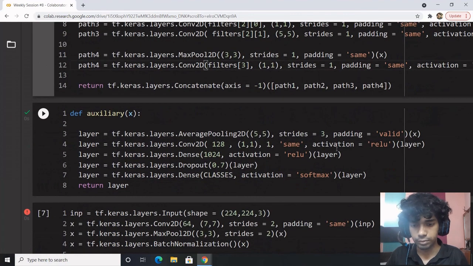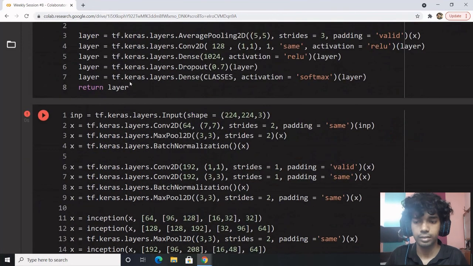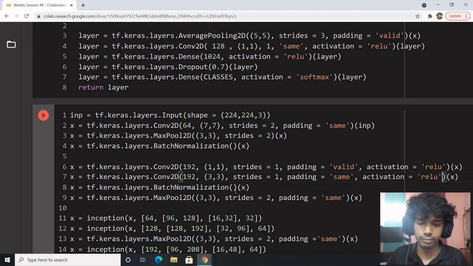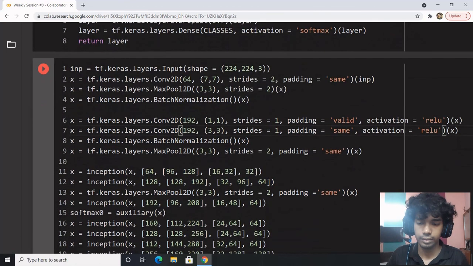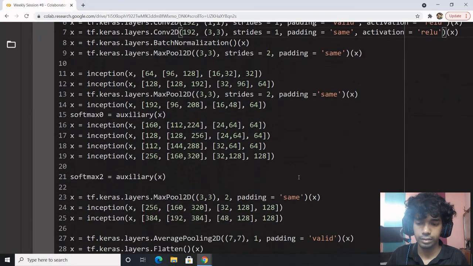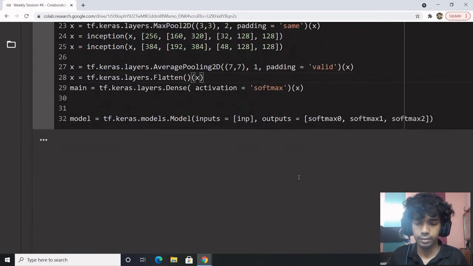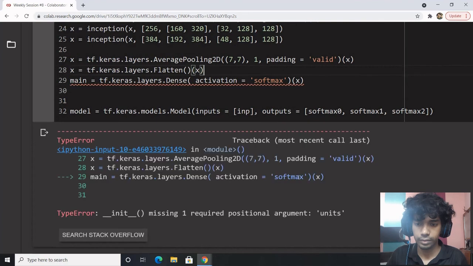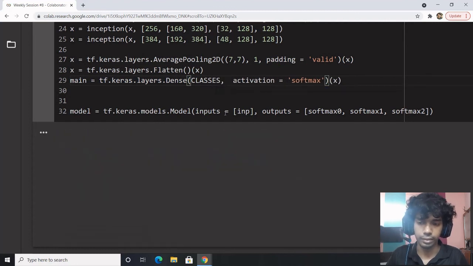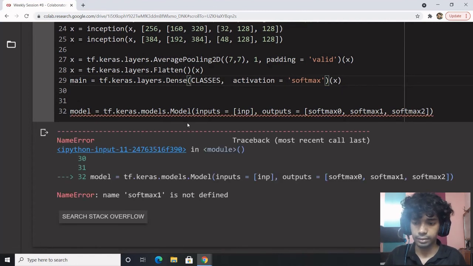Perfect. Here we have. Alright, the dense layer is classes, comma, activation, and that's it.